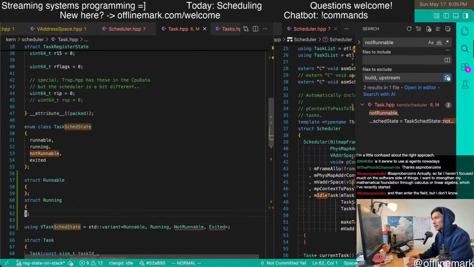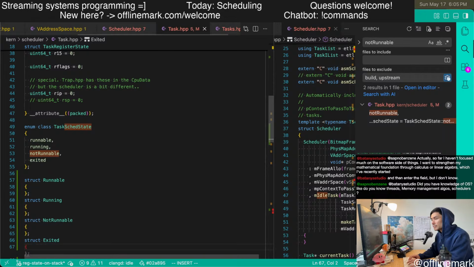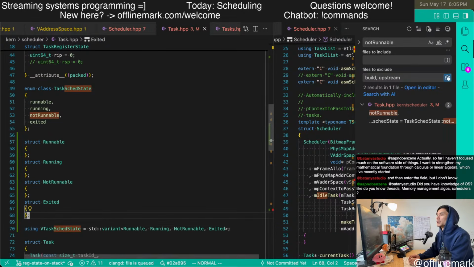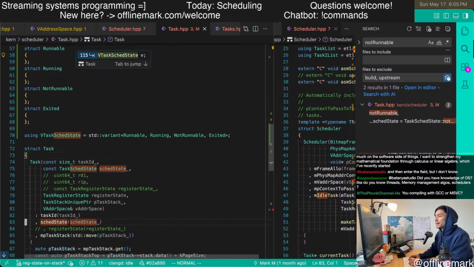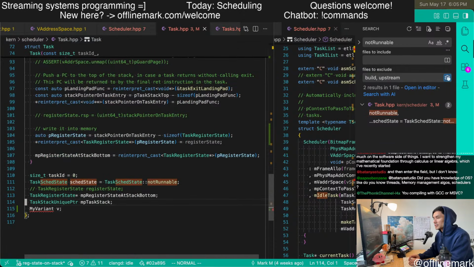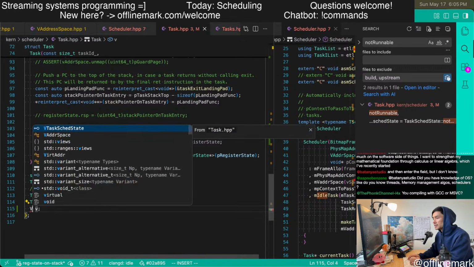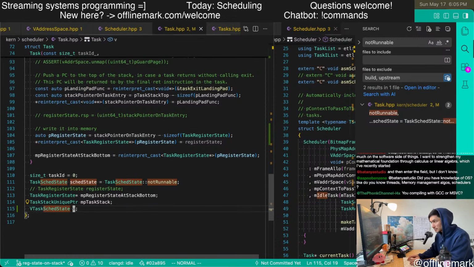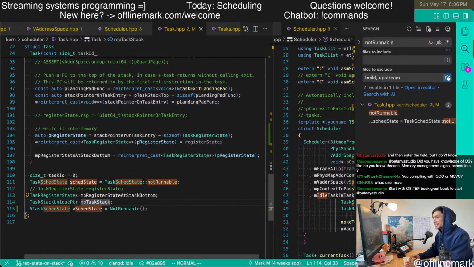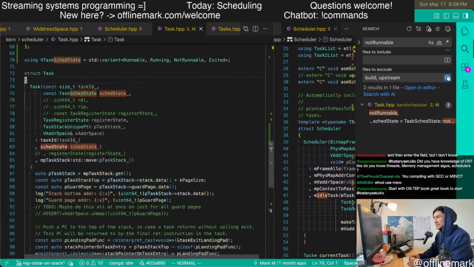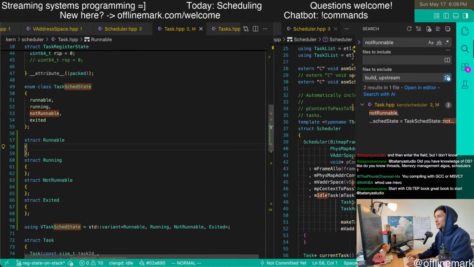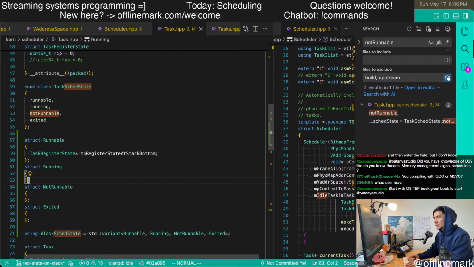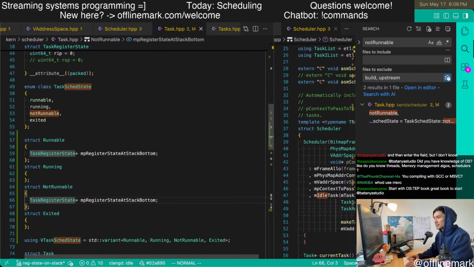Okay, and then the idea is that in certain cases, like in the runnable case and even in the not runnable case,